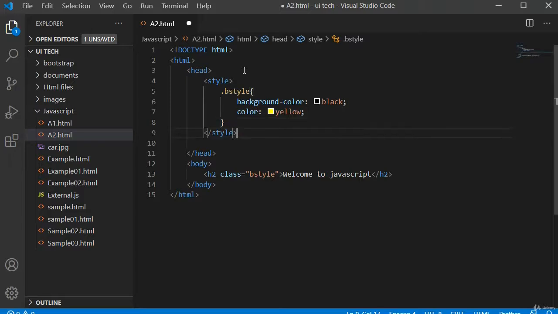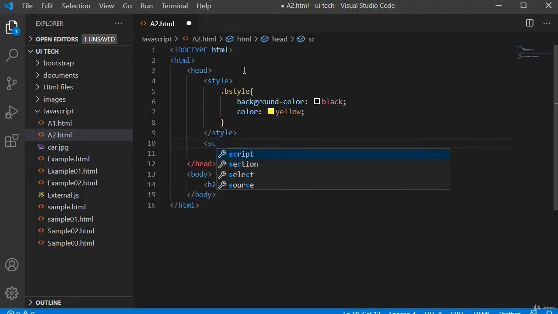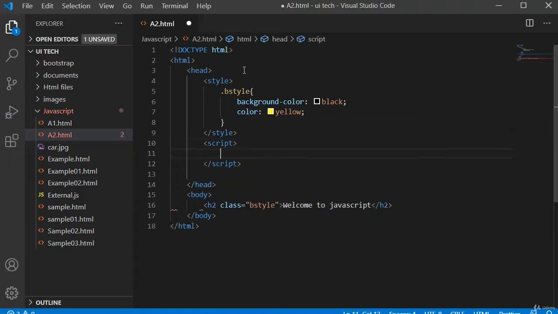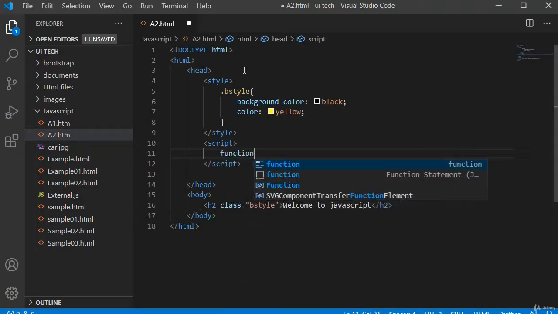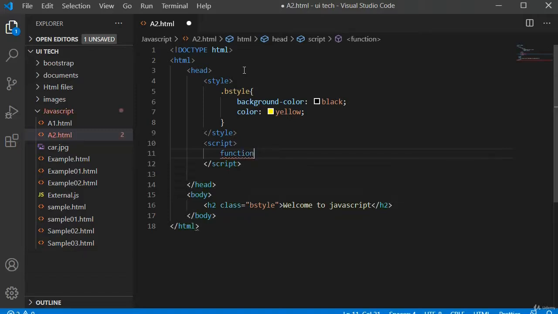Now we have to use this class name in our script tag. Just write a script tag. Inside this script tag, I want to write a function. I want to name this function as bodyload.